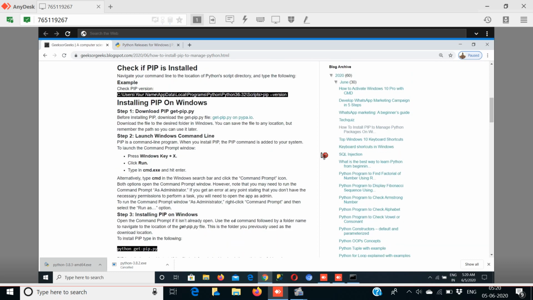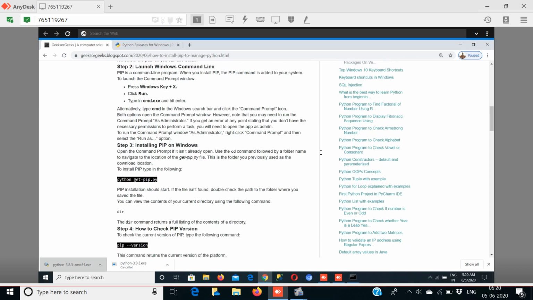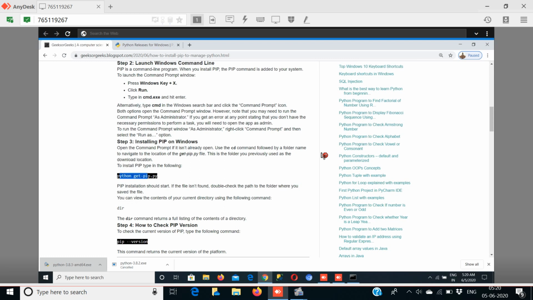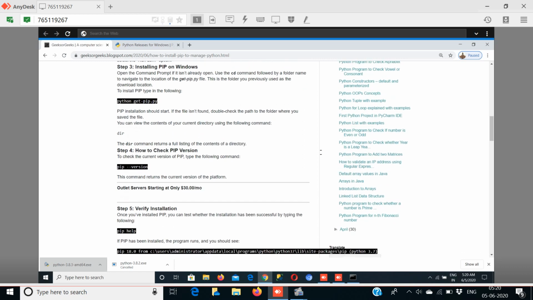Very simple. Download the get-pip.py file from here, and then just run this, and pip will be installed in your system.